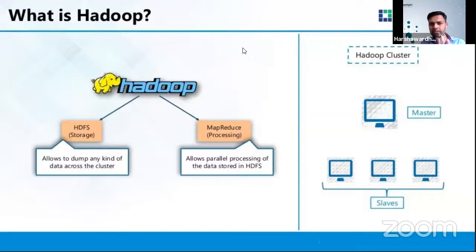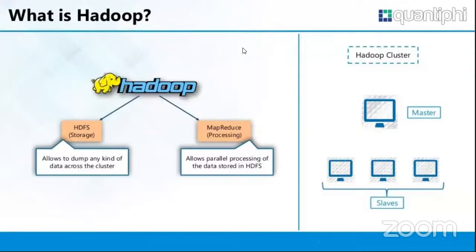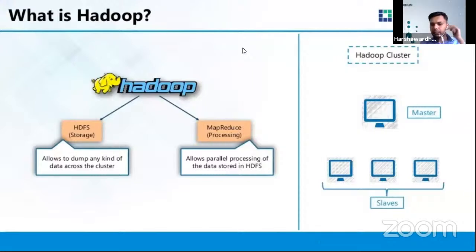Try to understand, when it comes to big data or any data, how the data has to be stored, not just stored but stored efficiently, and second, how efficiently we can process that data. These are the two main components of Hadoop that you have to understand.